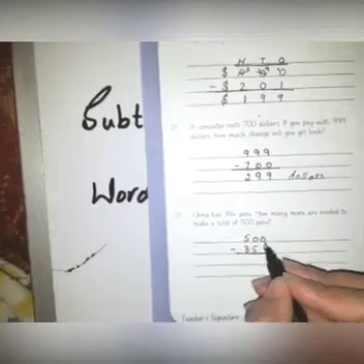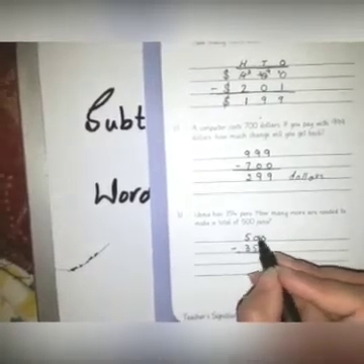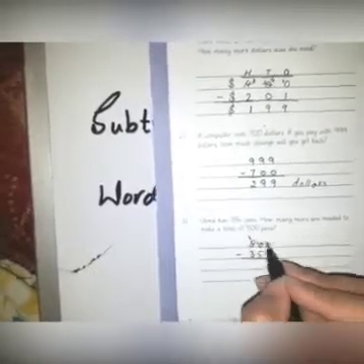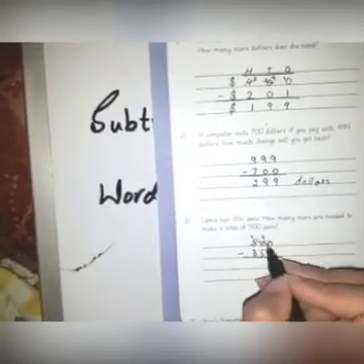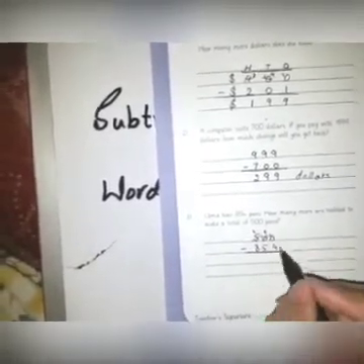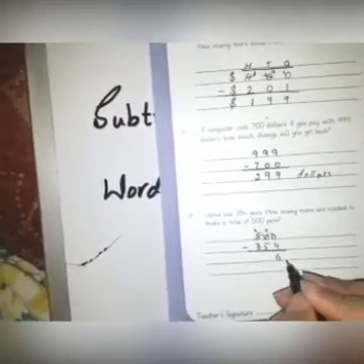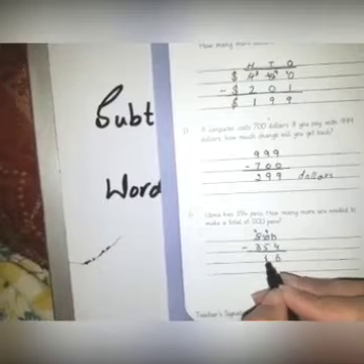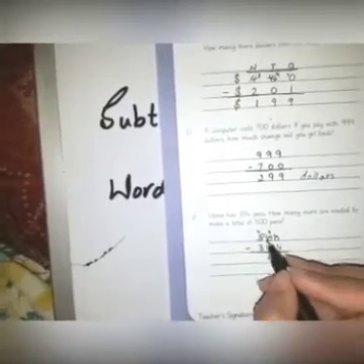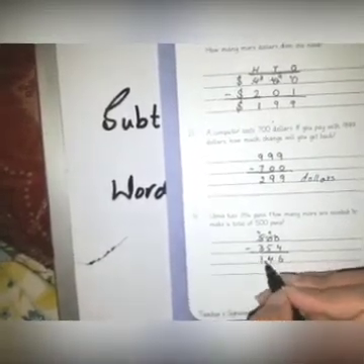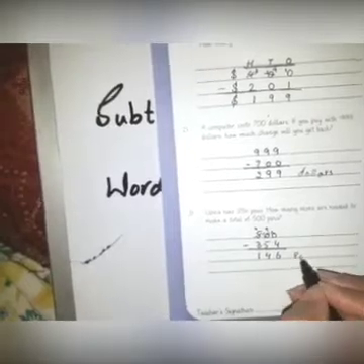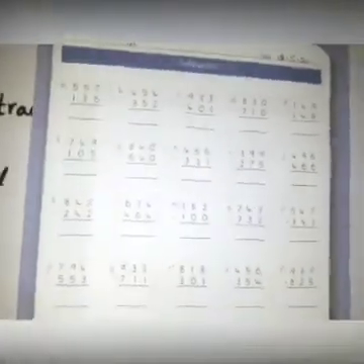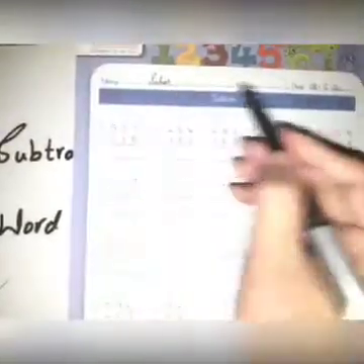Again we can't subtract 4 from 0, so we will take a carry from here. It will take carry from here. 4, 9 and then it will be 10. 10 minus 4 is equal to 6. 9 minus 5 is equal to 4. 4 minus 3 is equal to 1. 146 pens. Now kids, on the other page, page number 16, write your name and the date.